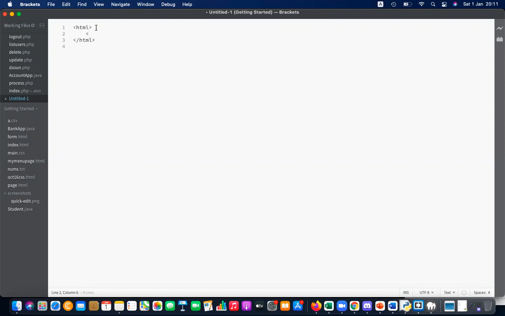Now HTML, under that the head section, and under that I'm going to finish the head section and include a title, and this title says,